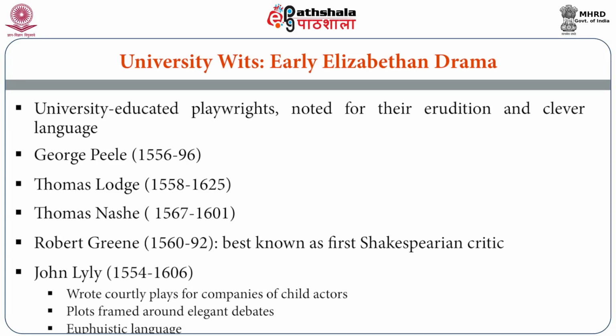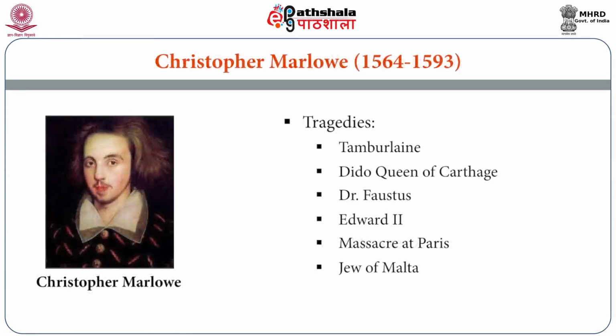Then Robert Greene, best known as a Shakespearean critic, contributed a lot to the pre-Shakespearean drama. Similarly, George Peele and Thomas Lodge. But the most important person among the university wits was Christopher Marlowe,